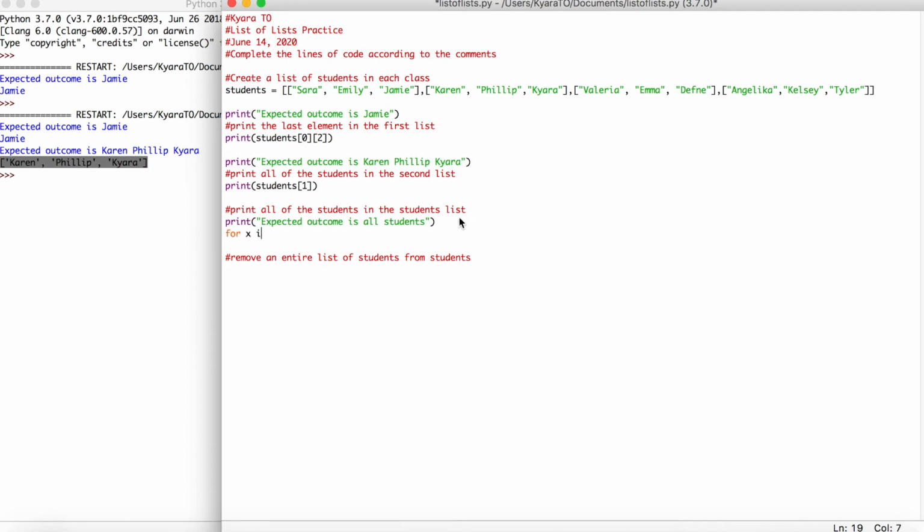So we can say for x in range len. len basically means length. So this loop is going to run for the length of the list. So since we have 4 times 3, that's 12, this loop is going to run 12 times, but an easier way to do that is just to put len students if we didn't want to actually have to count up how many students we had. Right, so we don't want to forget our colon, and then we can put another for loop for y in range length of students x,